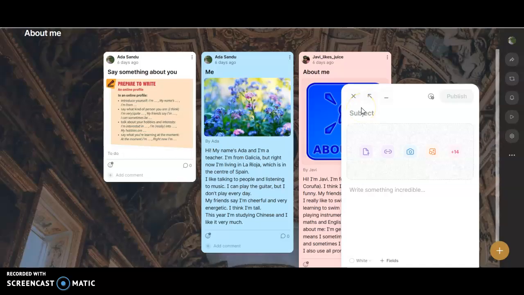This Padlet is about me. The instructions are right here in orange. So introduce yourself, say what kind of person you are, talk about your hobbies and interests, and say what you're learning at the moment. Let's invent a character, and we're going to say